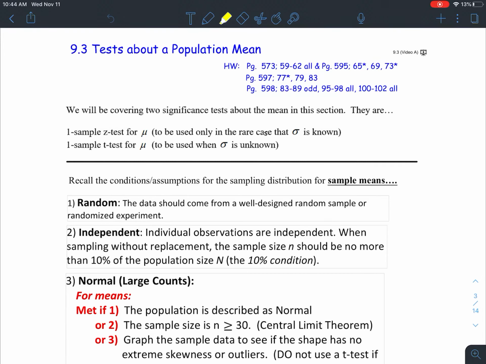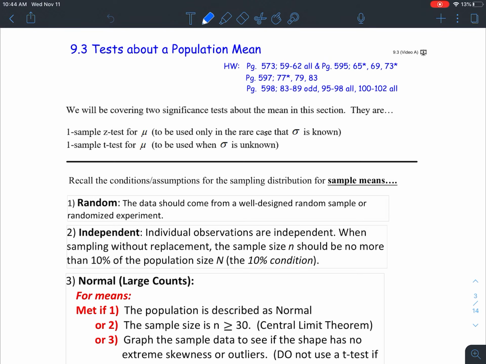All right, we have been working in Chapter 9 here, talking about significance testing, hypothesis testing. We came off of the last section where we were designing significance tests revolving around population proportions, and now we're going to shift to making significance tests regarding a population mean. Much of this process is going to be similar, although when we do talk about means, there is an element